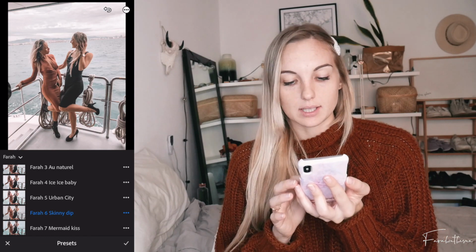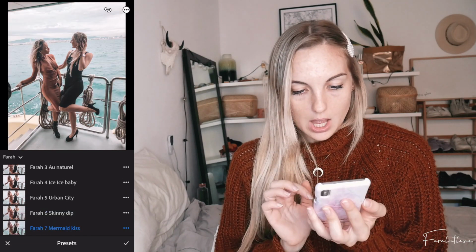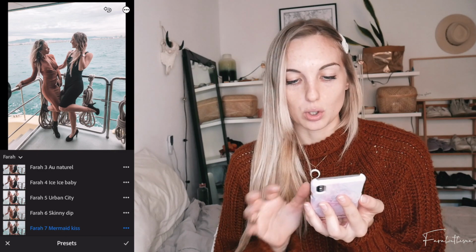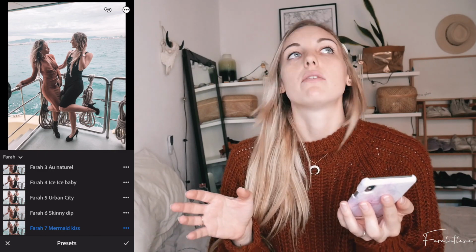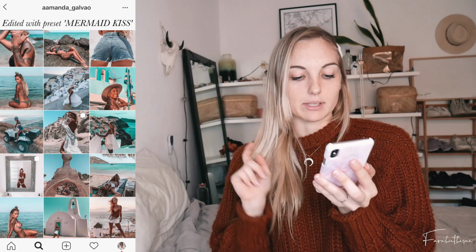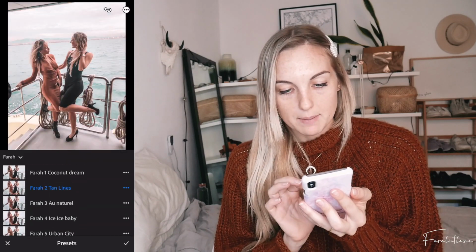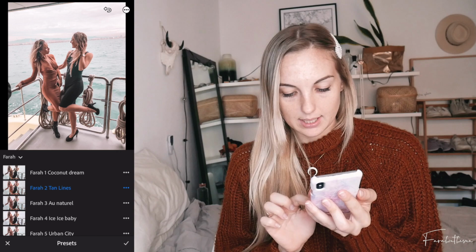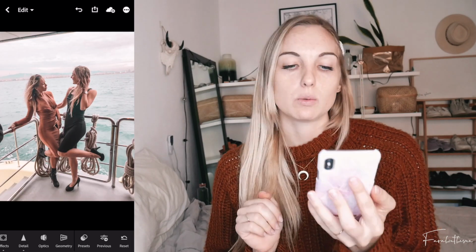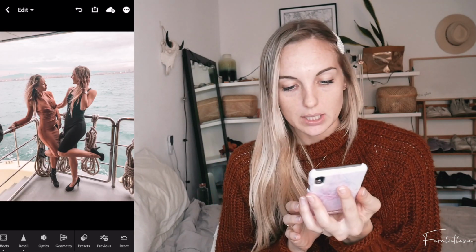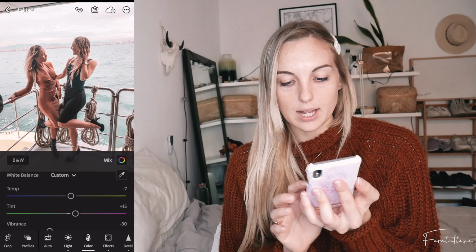The Skinny Dip is a little bit warmer, and the Mermaid Kiss is more aqua bluish. So if you want a feed that has lots of blue and aqua and really makes it like a summer feed, then I really recommend using the Mermaid Kiss. But for this one, I want to go for Tan Lines. There we go. And then what I would change in this photo is in color,